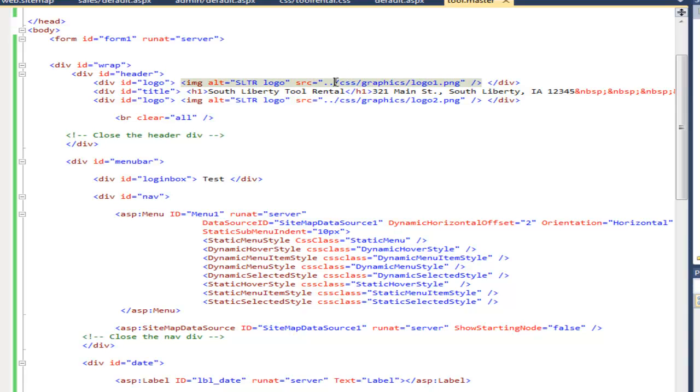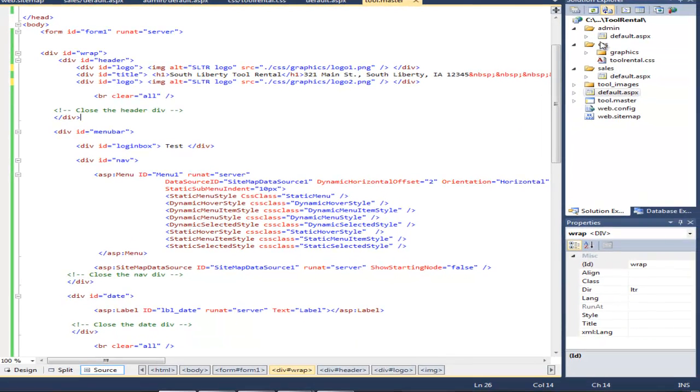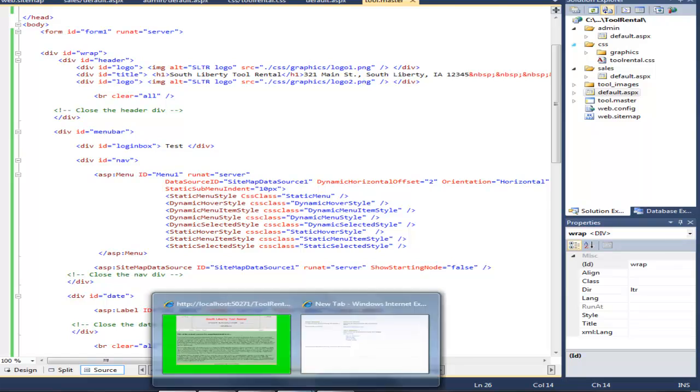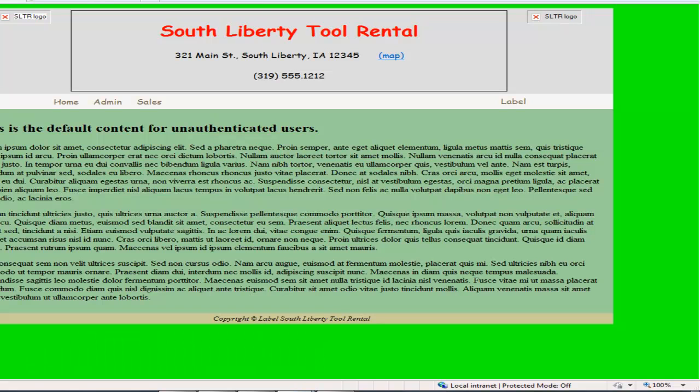That has to do with the location, how we specify it in here. So if I were to do, remember, dot dot means go up a level. Here I'm at the root and I'm saying go up a level. Well, I can't go up a level. If I just do dot, I'm saying from this location, go into the CSS folder, into the graphics folder, and get the logos. So if I save those and look at it in the browser,